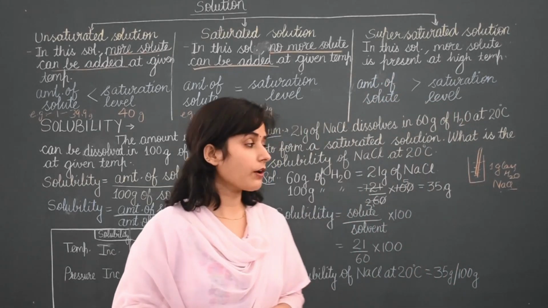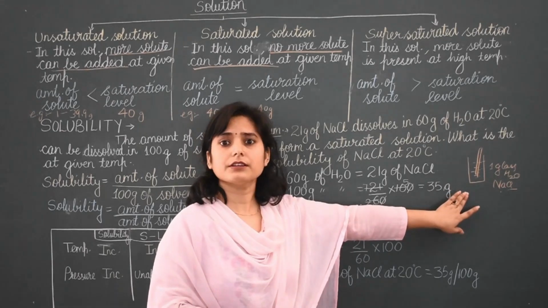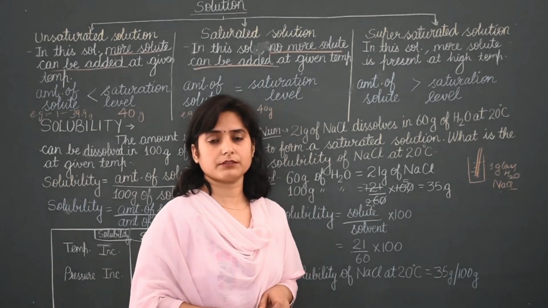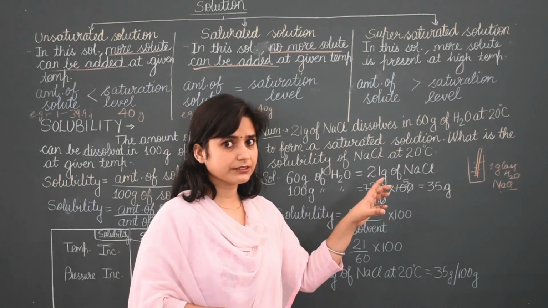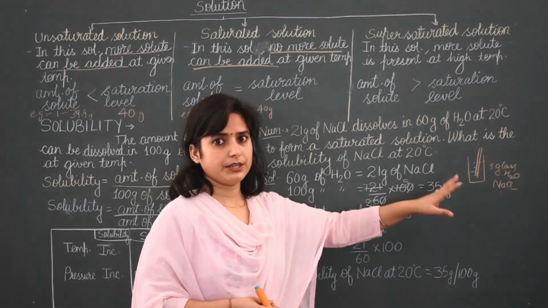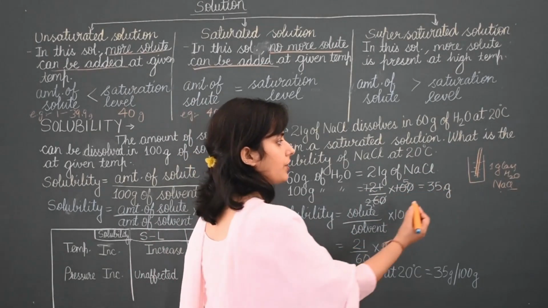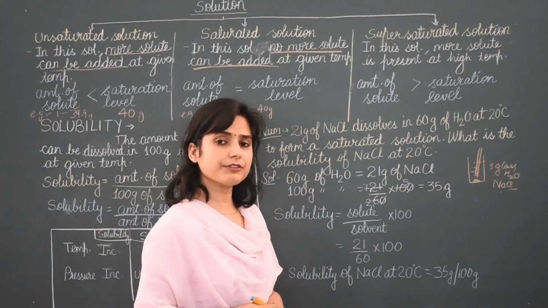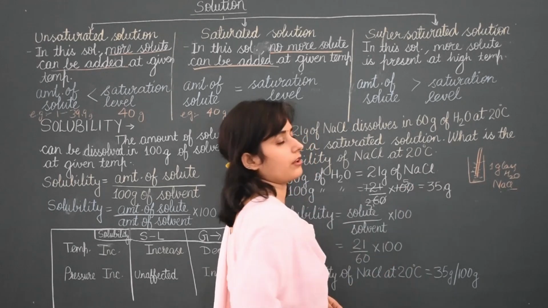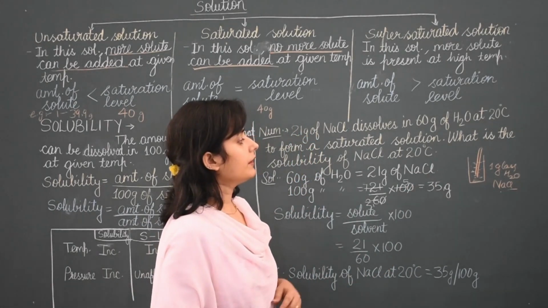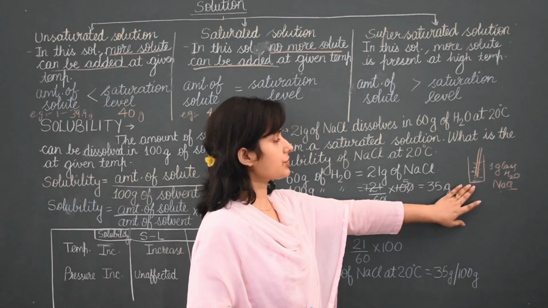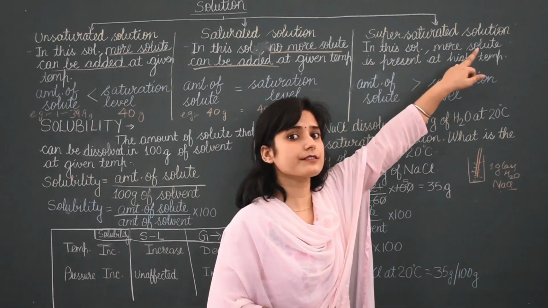Third one, now what happened? We are adding salt here, it is not dissolving. Then we will heat this water or milk. When the temperature increases, particles will show more diffusion and mix together. At a low temperature, salt was in solid form here. But when we increase the temperature of the solution, this also dissolves. At this time, when temperature is increased, the solution is called a supersaturated solution.